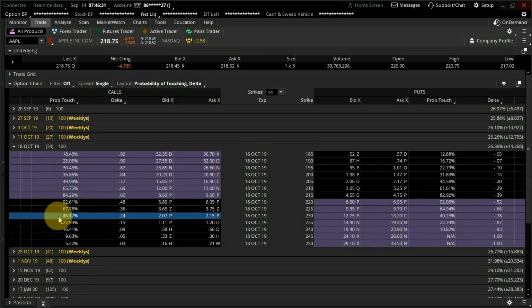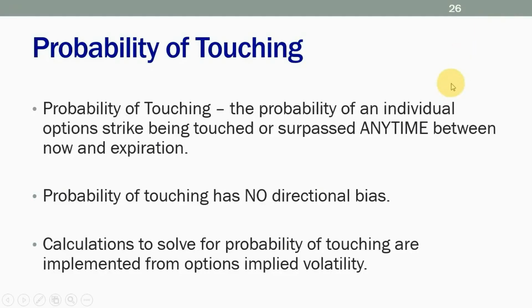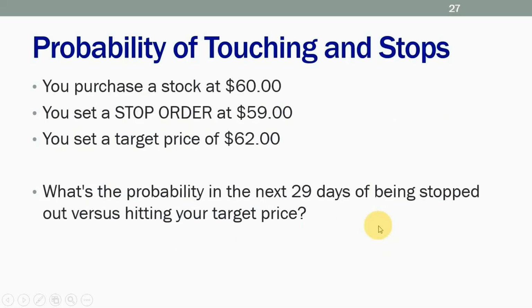So there's probability of expiring, which is 34 days from now, and then there's what we term the anytime probability, and that's 45%. Does that make sense? There's no directional bias to this. The calculations to solve for probability of touching come just from the option volatility. The reason that probability of touching is so